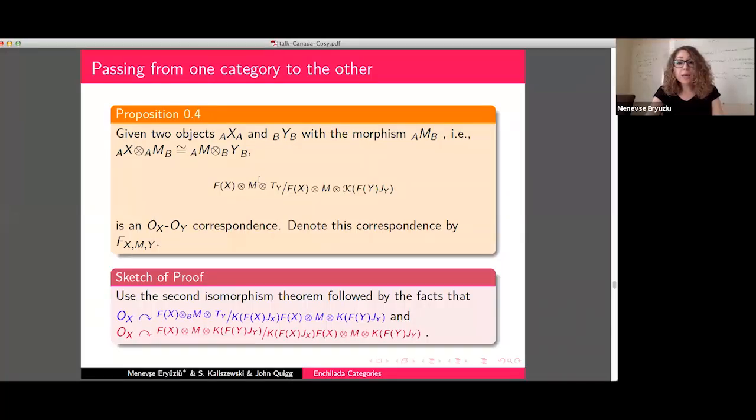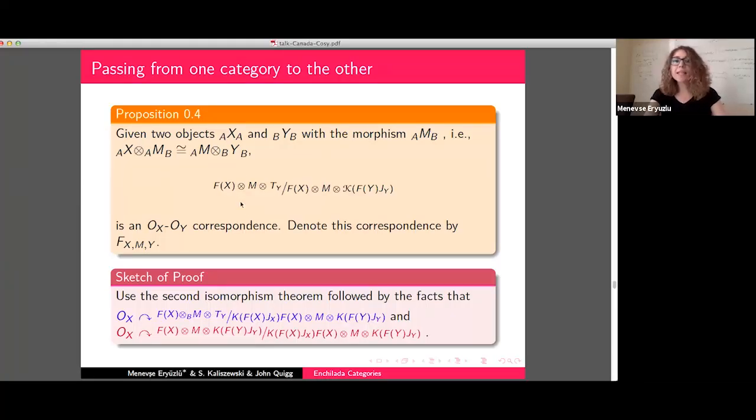Now, the problem usually when we are working on this project is that the Cuntz-Pimsner algebra does not act non-degenerately from the left on the Fock space. So Fx is not an OX-A correspondence. That is causing a lot of problems usually, but turns out we can make it work.